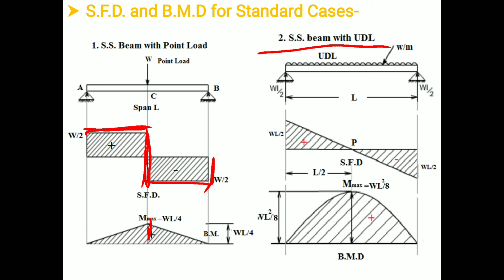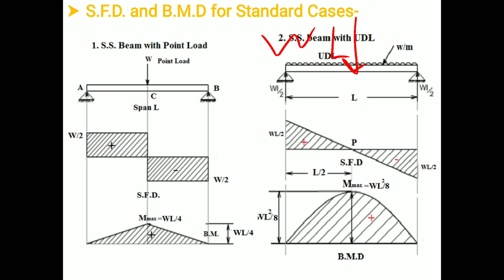Remember that in case of UDL, in the shear force diagram, you will observe an inclined line. Therefore this is the inclined line between two supports. And how to calculate the reaction? The reaction can be calculated by, first of all, converting this UDL into its point load, that is its intensity into length. Therefore it will become WL and it will act at its center, and at the center we have the load equal to WL. Therefore the reaction will be WL by 2 and WL by 2 at A and B.